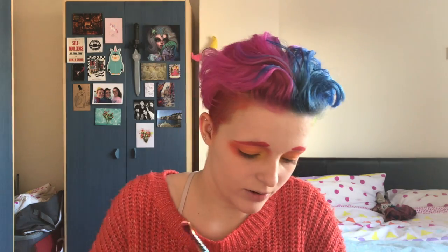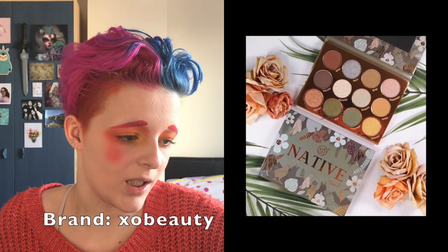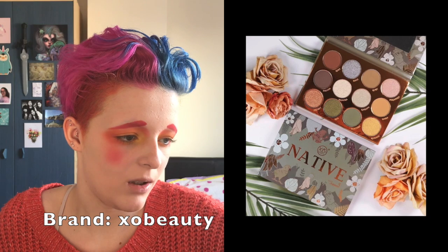I'm gonna put some blush on now. I'm gonna use the red, same for my eyebrows as my blush. And while I'm doing that, I'm gonna talk about this Native palette, which I have again not put the name of the company in my screenshot. So I'm gonna have to look it up later. This is meant to be based off the flora and fauna of, I believe, New Zealand. I should have put the whole description in my screenshot, but...